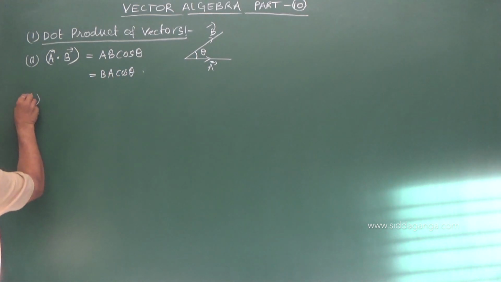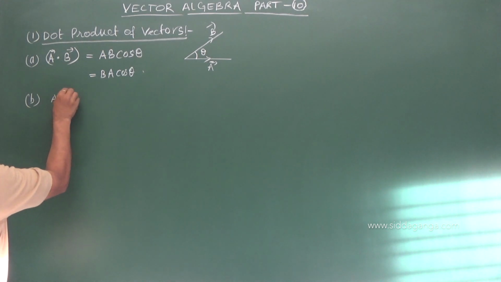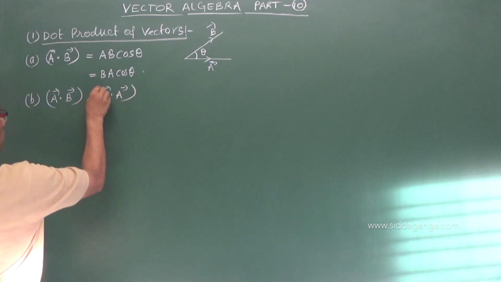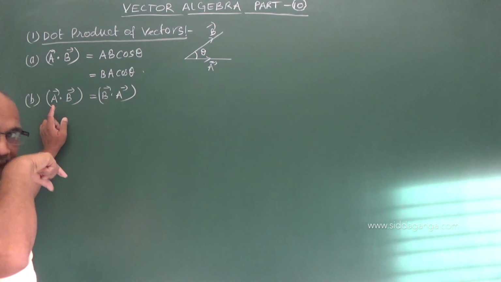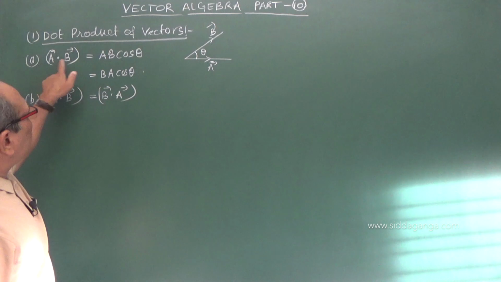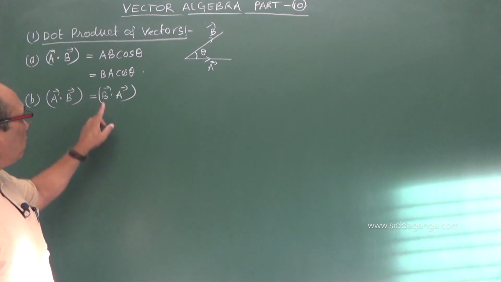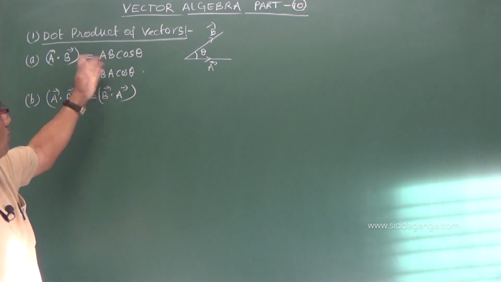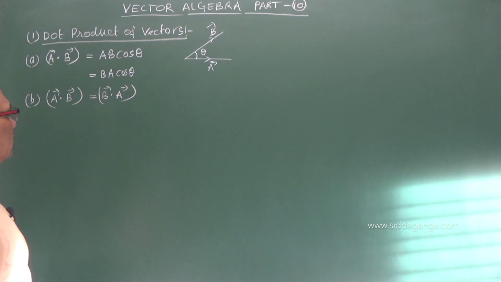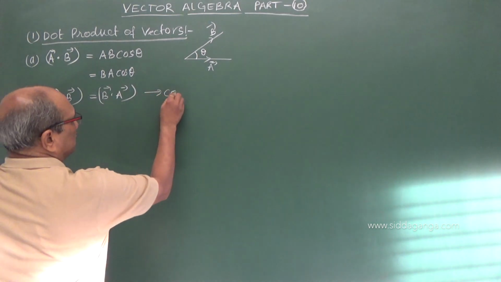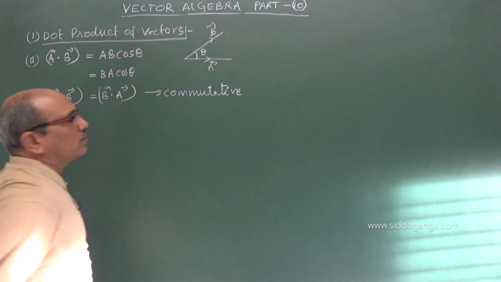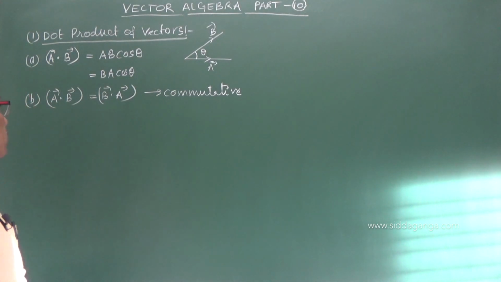Meaning, dot product A dot B can be written as B dot A. If you write strictly maintaining the order of vectors, A dot B is AB cos theta, and B dot A is BA cos theta. Both are the same because the right hand side becomes a scalar, with no reference of direction. Therefore, dot product is commutative. Commutative law holds good for dot product.